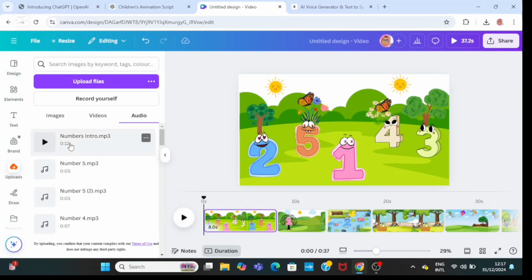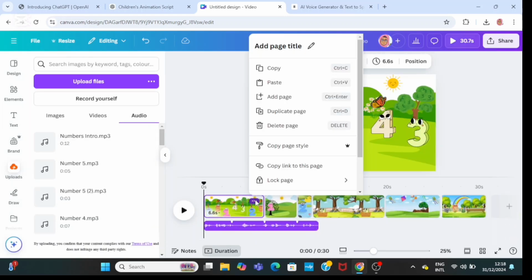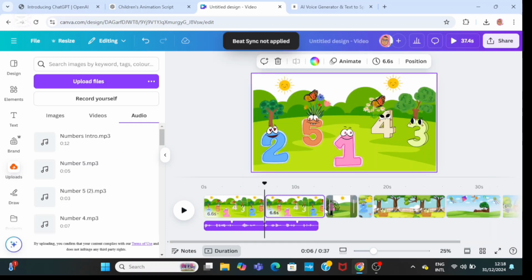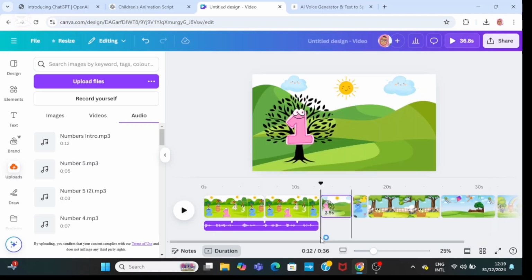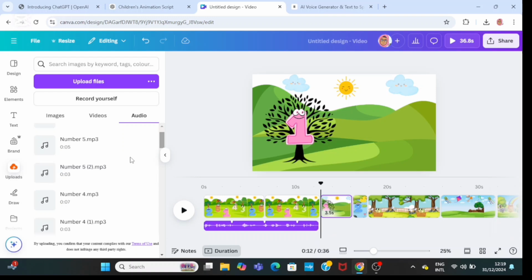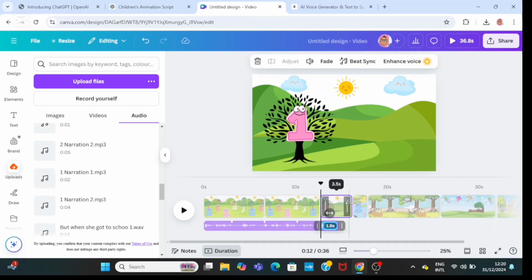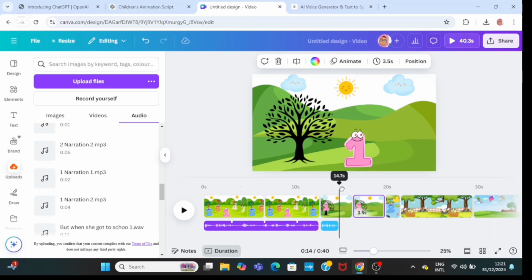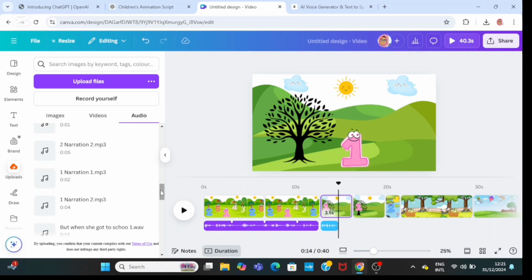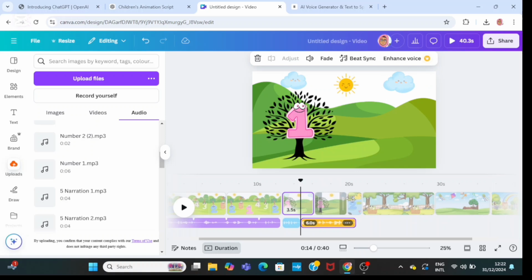Now I'm just going to bring in the first narration for number 1. Go ahead and duplicate page for number 1 because I'm going to bring in more voiceover for number 1. So I'm just going to bring in the third voiceover for number 1. I'm going to go ahead and duplicate the page again and bring in the fourth voiceover for number 1. You can see the wisdom behind naming your voiceover, so it's easy for you to know which one